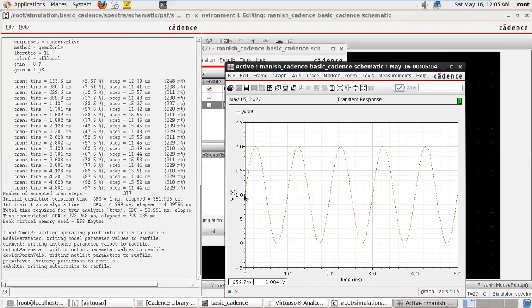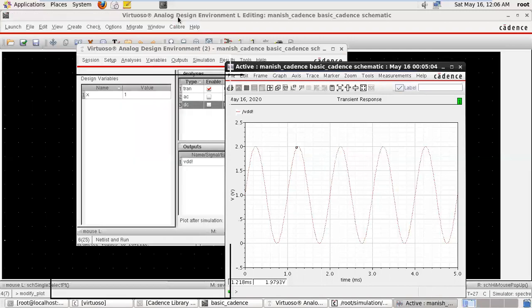So the signal is sweeping from 1 to 2 and from 2 back to 0. Its magnitude becomes 0 to 2 because the signal value is 1 plus sine omega t, where 1 is the DC value. So it is representing my input voltage. The DC voltage value is 1 and the signal is sine omega t, where omega is 2 pi f, and f is 1 kilohertz. So this is the total waveform.